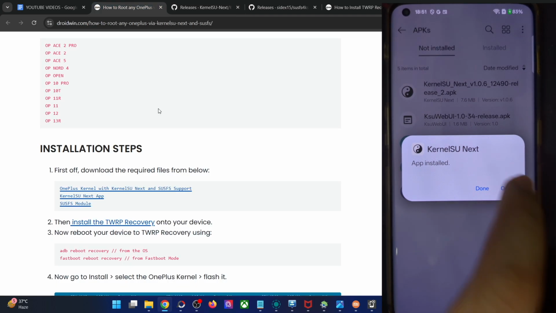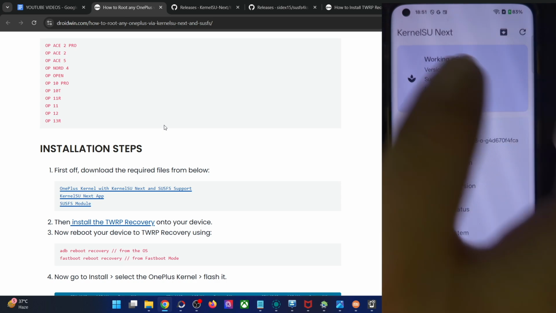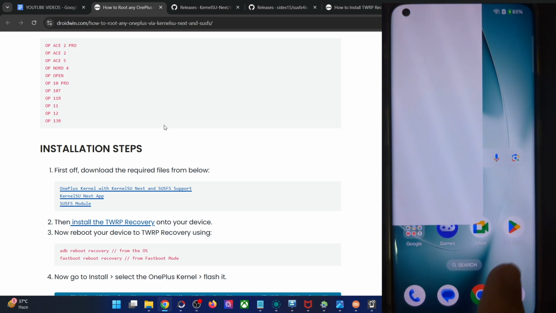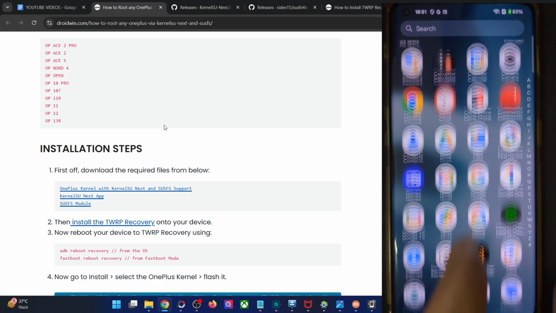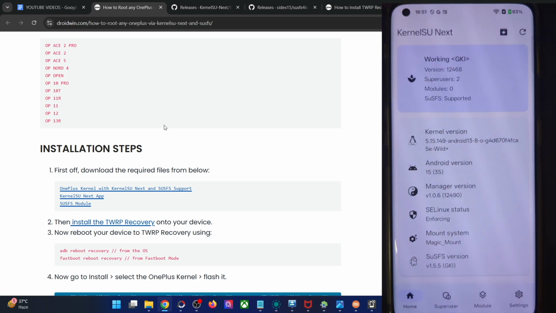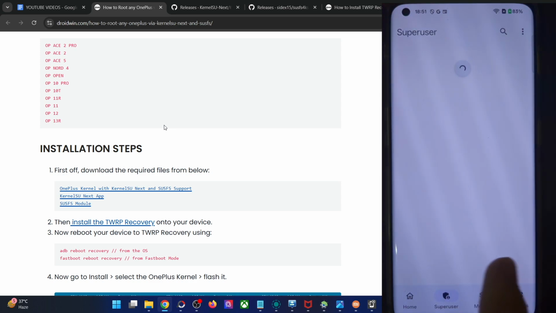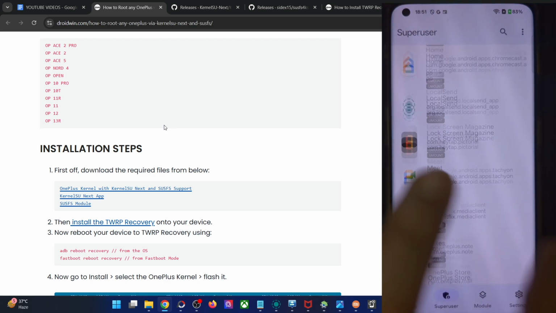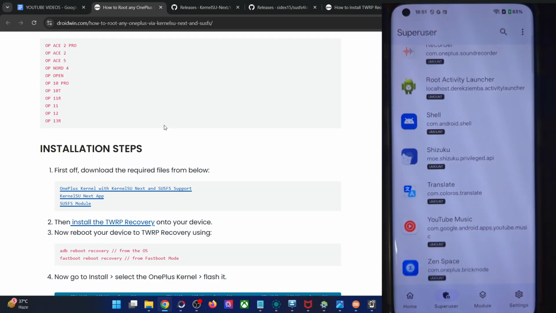So with that said, once you have installed the app, open it, and you could see it's now working. So we have obtained root. But as you might be aware, in case of KernelSU, you will not get the Magisk prompt when you launch any app. So you will have to manually give it the root access from the superuser section and enable the toggle next to the required app, and then you could use that app in the rooted environment without any issue. Okay, it was just a short note. Let's move ahead.